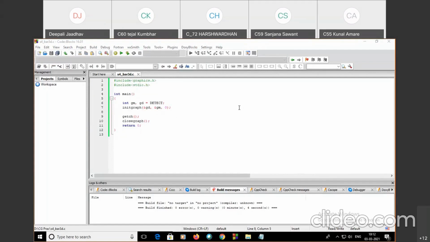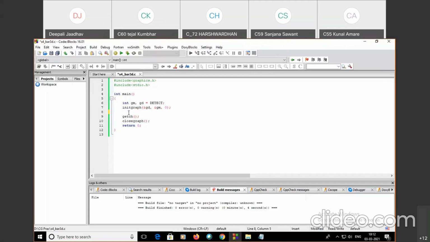There is a standard function provided by the graphics.h header file, the bar3d function. So using that bar3d function, you can directly draw a cube. What are the bar3d function coordinates? Which points are required there? In bar3d you require six parameters: left of the bar, top of the bar, right of the bar, bottom of the bar, depth, which is how much depth you want for the bar, and the top flag. The top flag is either 1 or 0.